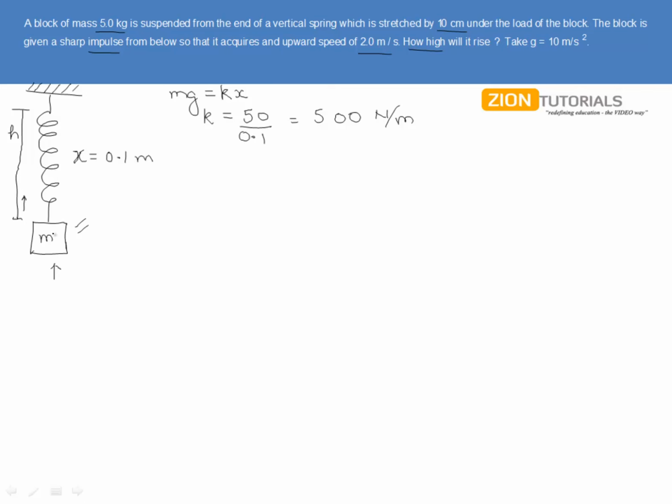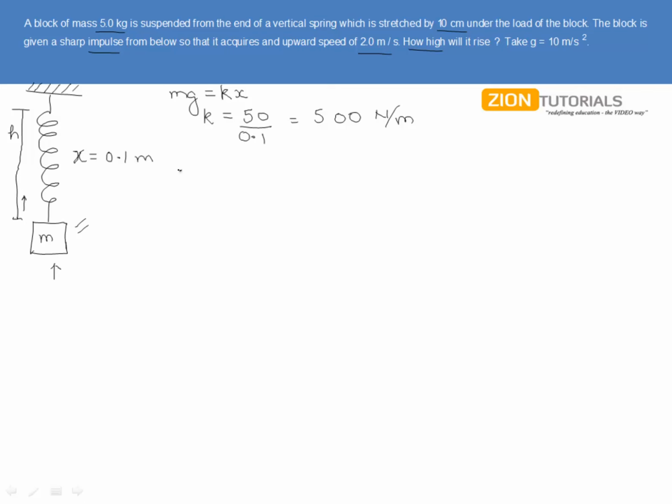So we can easily apply energy conservation for this spring-block system, because we have assumed the spring to be ideal. That means there is no loss in the spring. So let us employ energy conservation just after the impulse has been provided, and at the moment this block m reaches the height h. Now please notice that this energy conservation is not before the impulse has been provided. It is just after the impulse has been given to the block.